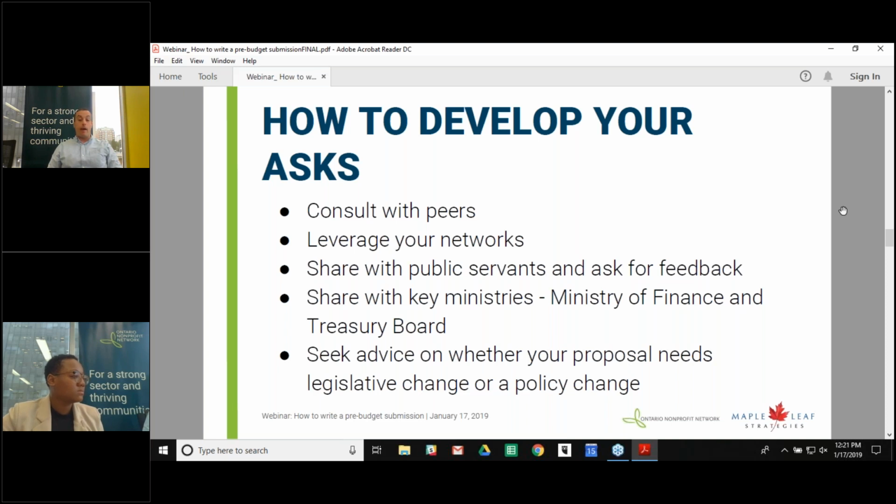If you have allies in the minister's office, if you are friendly with a policy advisor, you can sit down with them and say, these are the kinds of priorities we'd like to put in our pre-budget submission. Do they align with what your government is thinking? And they might tell you yes, no, maybe, and give you some sort of direction on where your